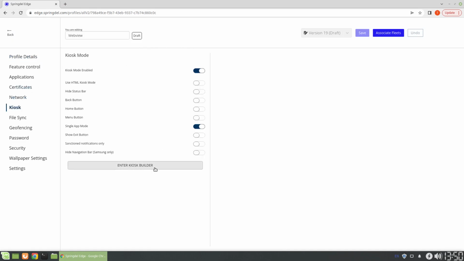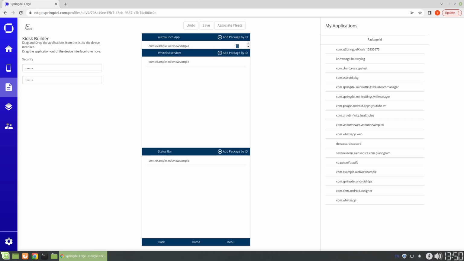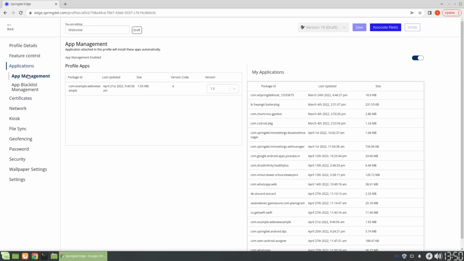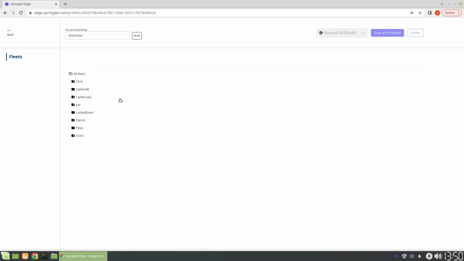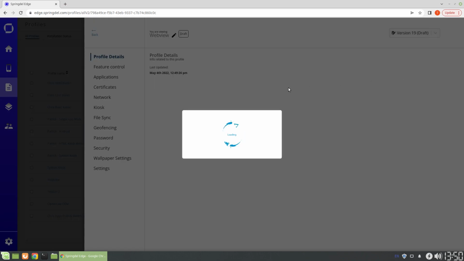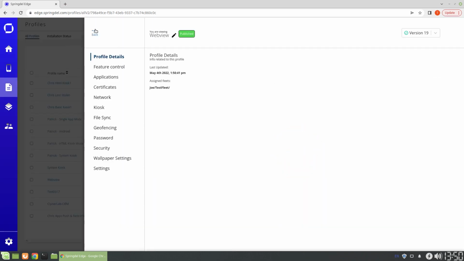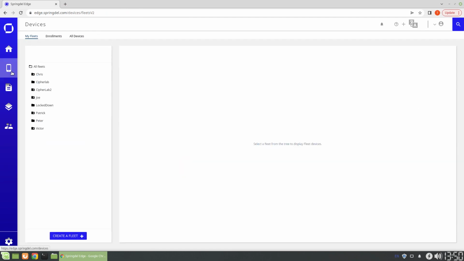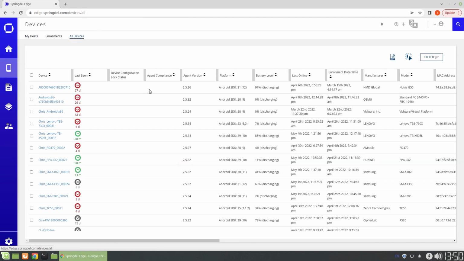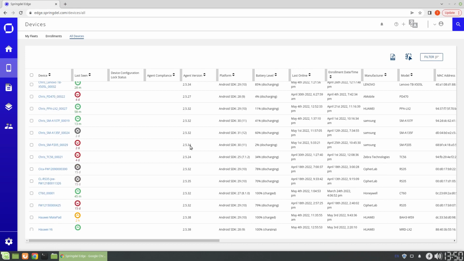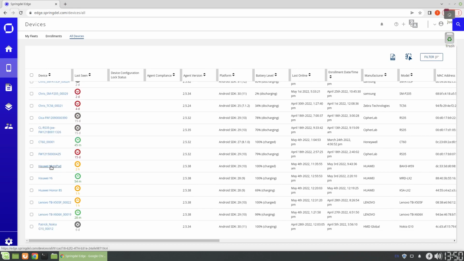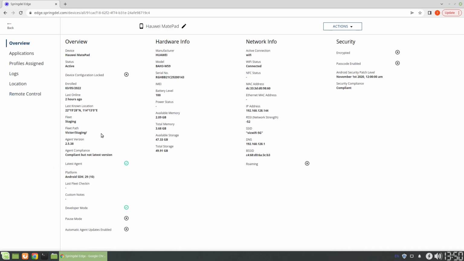Double check the kiosk. Looks good. Double check the application. That looks good. Now we're going to associate the fleet and put it in test fleet. Save and publish. Okay. So now that it's published, we can go back to the device, and using the remote control feature, we can verify that the device is indeed